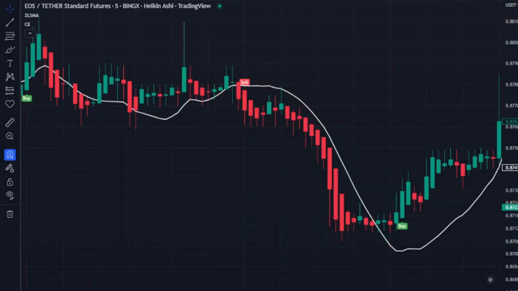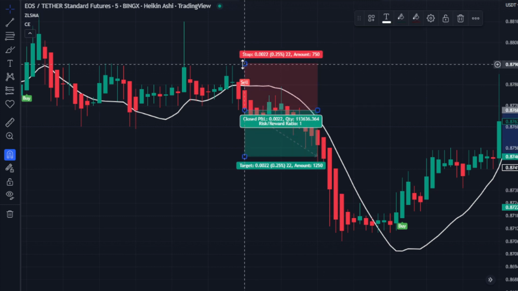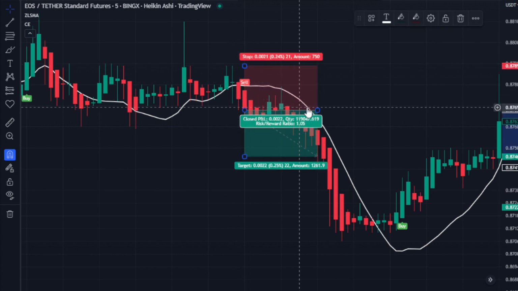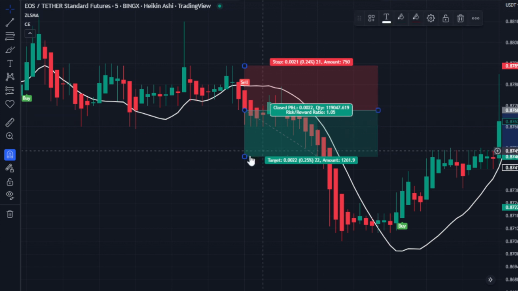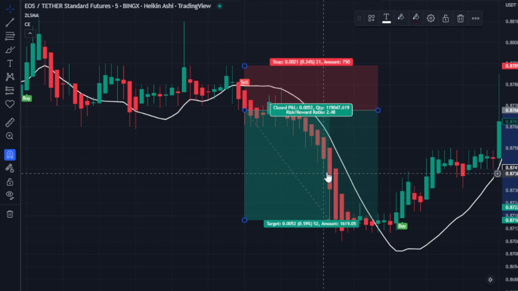Here we have an example of a short trade. We see that all the conditions have been met. So we set our stop loss and wait for the price to continue to take our profits. Okay, we see that here he gave us the exit signal at the crossing of the moving average with the green candle, so we are going to close the trade with a take profit with a risk-reward ratio of 2.48. Let's see other short